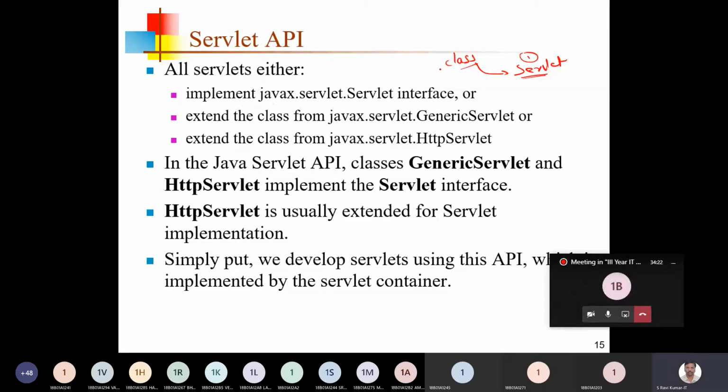If your class wants to act like a remote object in RMI, what did you do? Extend UnicastRemoteObject. Very good. And what about the interface? What about the Remote?